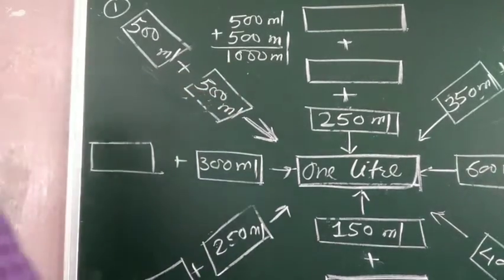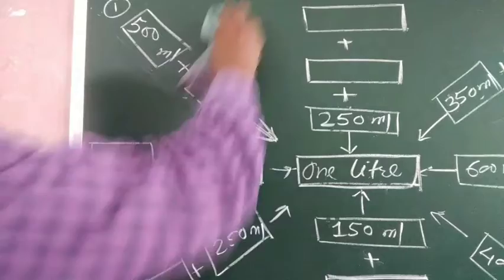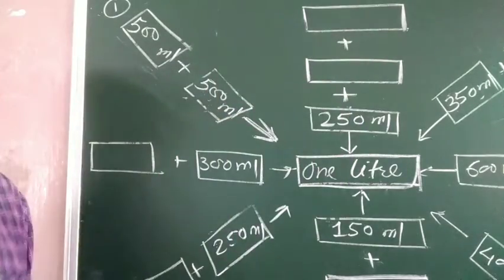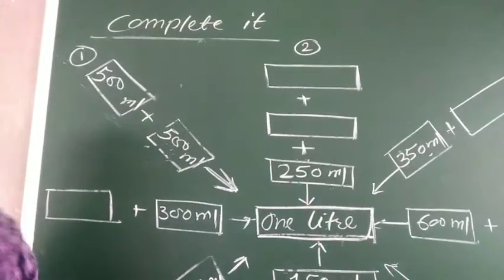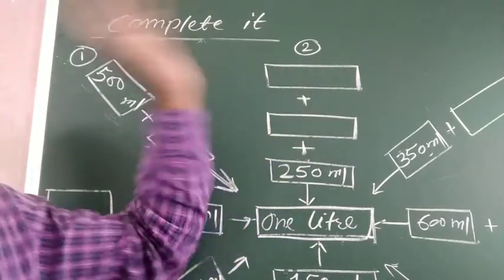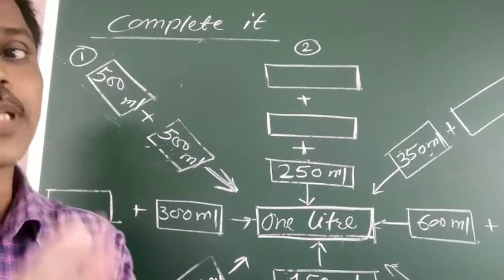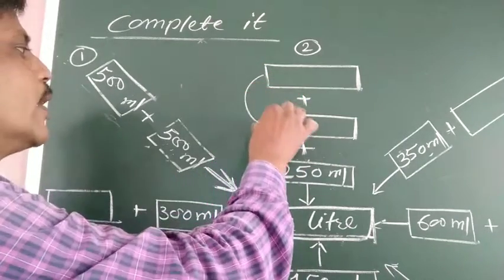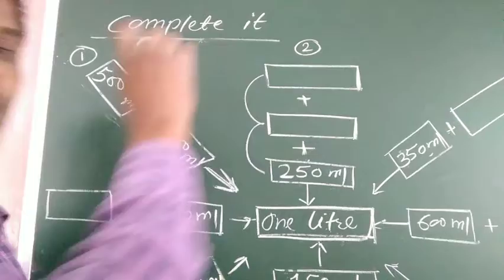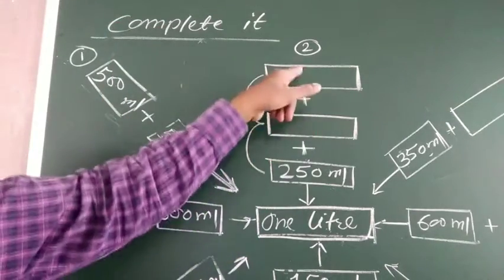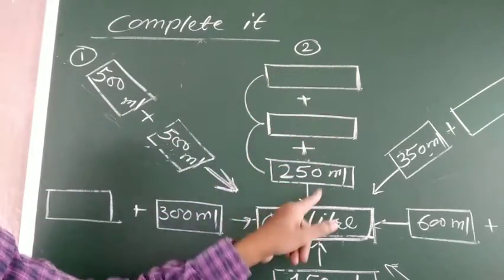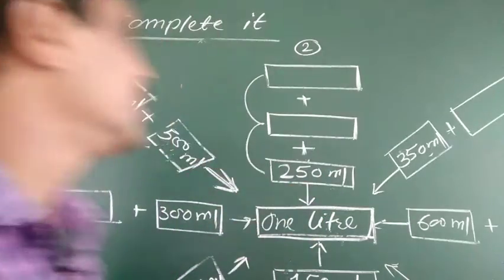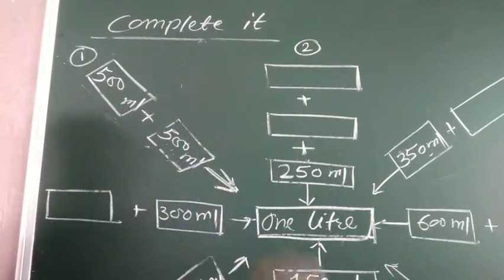Now come to part 2. This is part 2, beta. Now how many boxes are here? See, 1, 2, and 3 boxes are here. Now we have to complete this box, and then we have to find out the sum of measurement given in 3 boxes. It should be equal to 1 liter. हमें ये देखना है क्या इन तीनों बॉक्स में जो मेजरमेंट दिया होगा उस मेजरमेंट का एडिशन इज इक्वल टू 1 लीटर है क्या नहीं, हमें ये चेक करना होगा. तो आइए हम चेक करते हैं अभी.